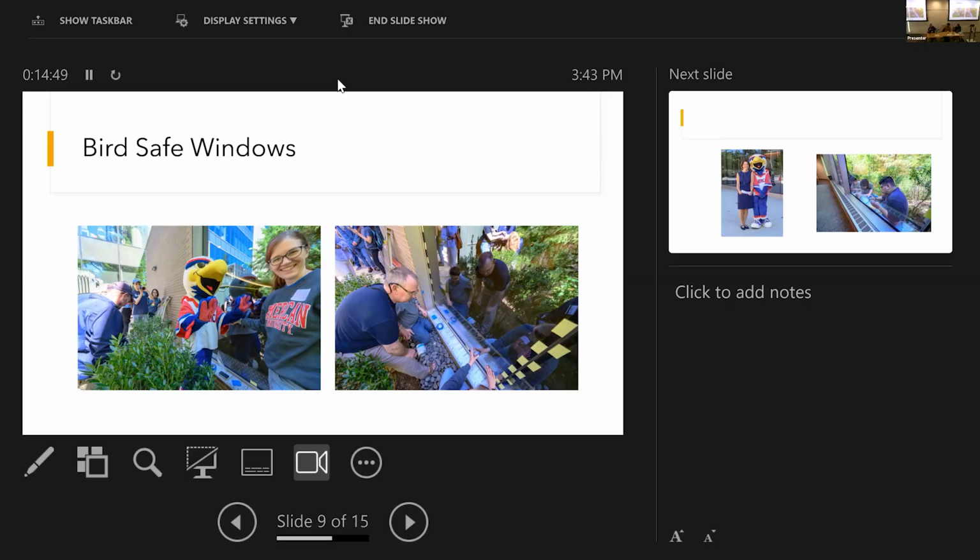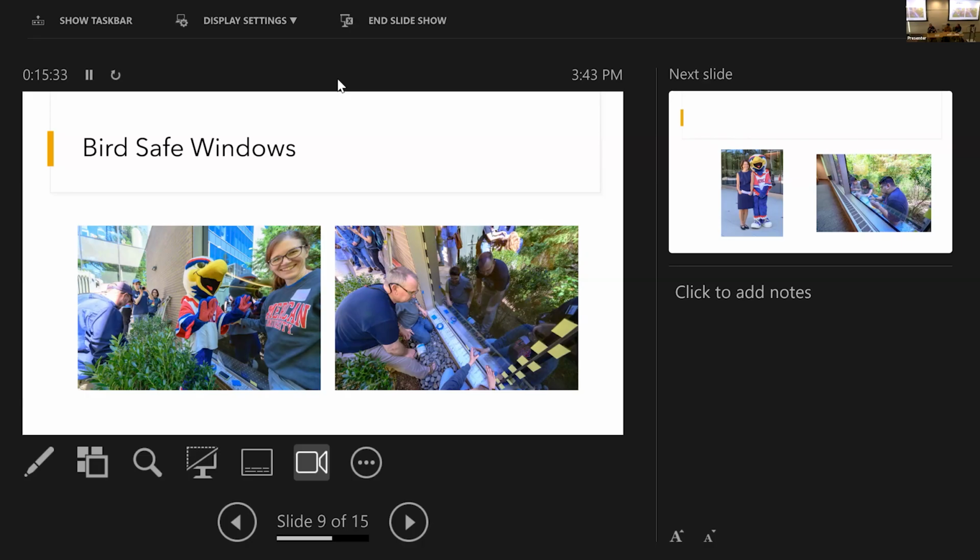And this is basically a small sample of all that you need. It's a clear film with just some small dots on it that have to be generally about 2 inches apart from each other. You can use lines. You can hang things on the outside, like thin rods or something like that, usually that are mobile, so they're not going to hurt the birds either. There's lots of different ways you do that. You're breaking up the reflection on the outside. Birds see the world reflected in the window, think the world is on the other side, and hit it. It's particularly a problem if you have lights on the inside at night as well, because they also will be attracted to that light.